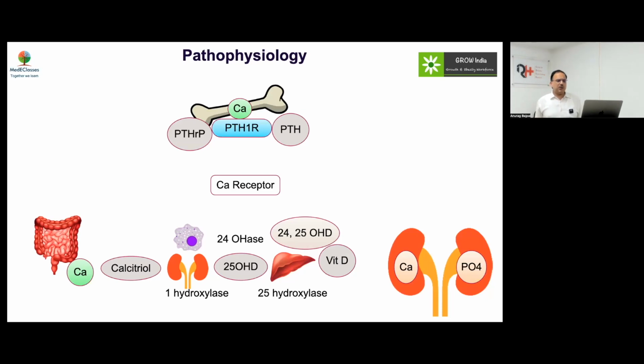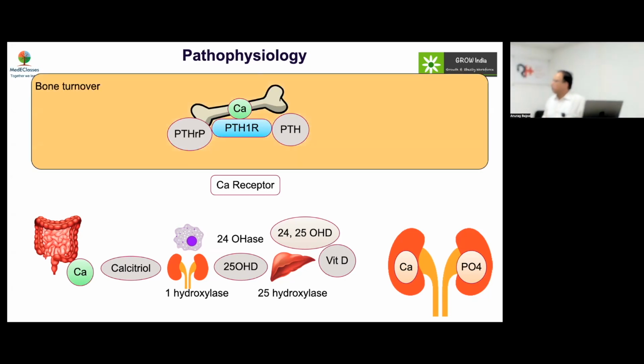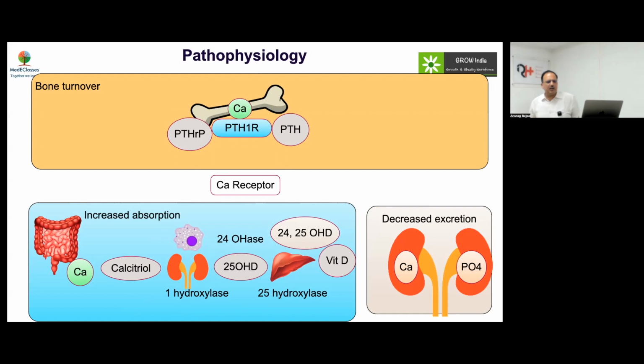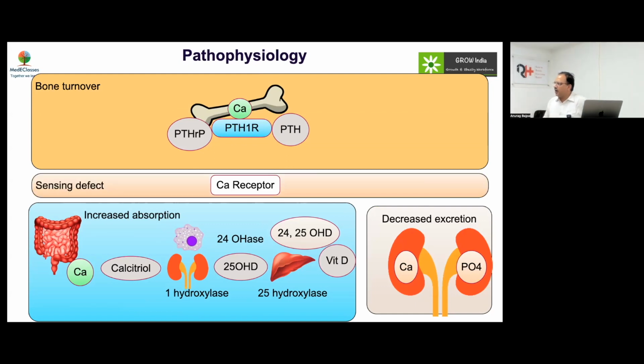Now, within this perspective, what will be the causes of hypercalcemia? You could have problems in which your bone turnover is either less, so all the calcium is staying outside, or it's becoming too fast, therefore the calcium is being released. You could have problems of absorption of calcium. This is largely vitamin D related. Problems of excretion of kidney, which is mainly the calcium sensing receptor and the thiazide diuretic, and then of course